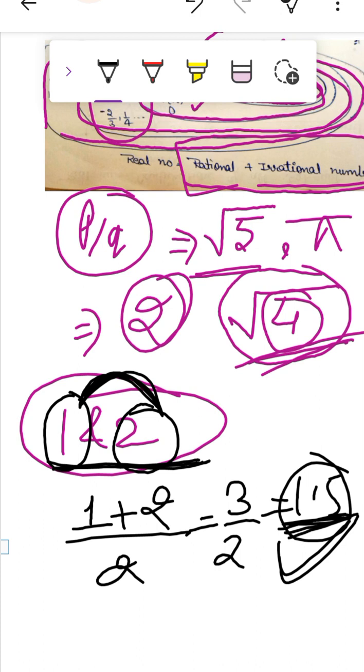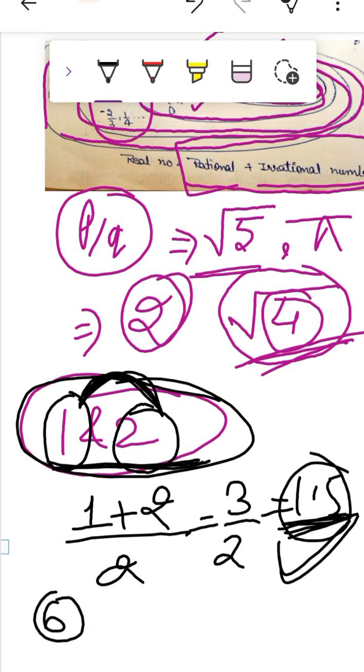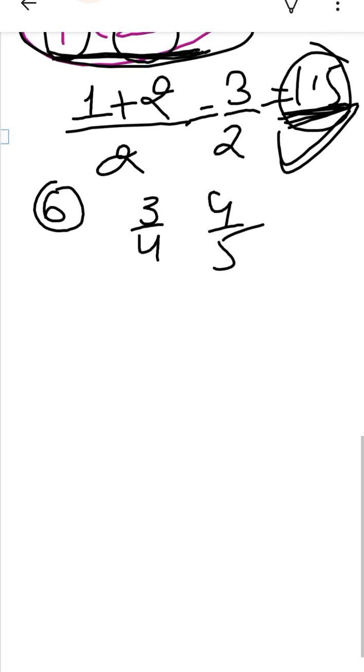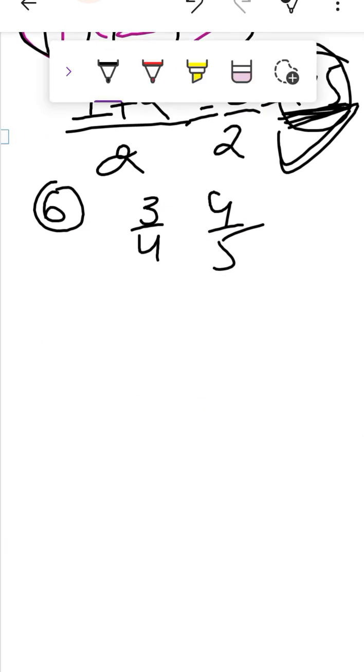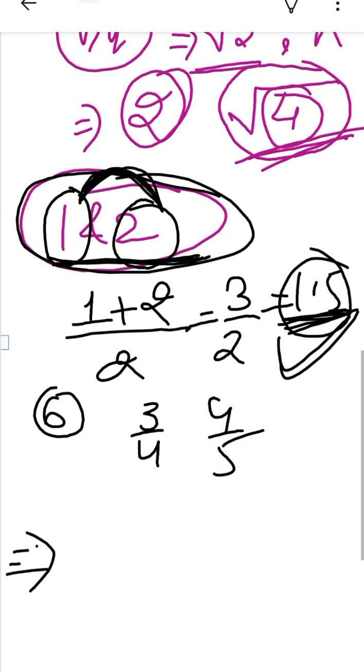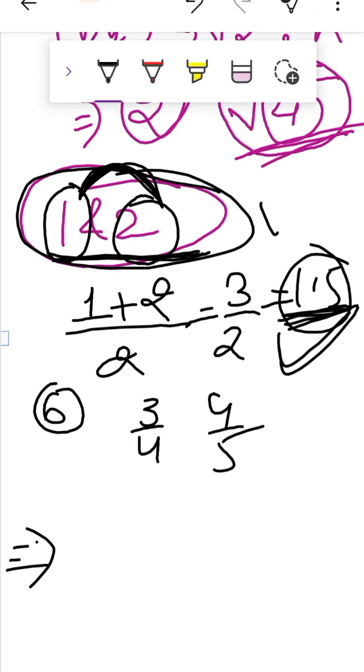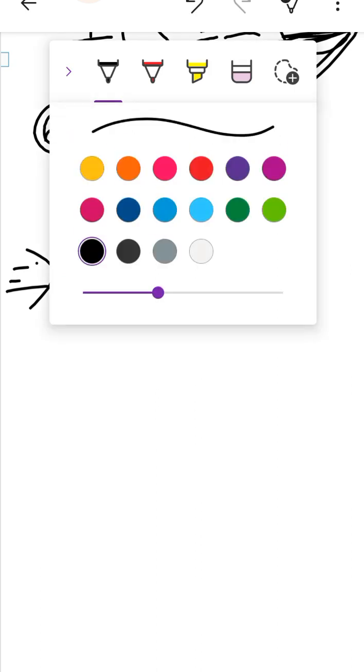Okay, now suppose you have to find six rational numbers between 3 by 4 and 4 by 5. So what will we do? Definitely, you can find the six rational numbers by using this method. No doubt, you can find them by using this method. But this is so long, right? So I will tell you